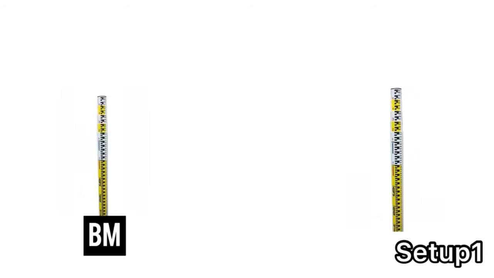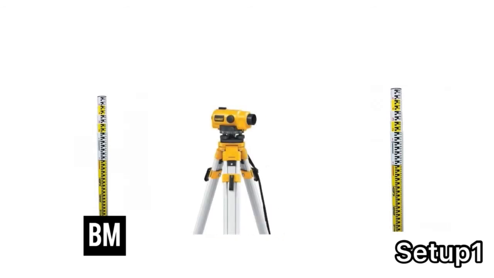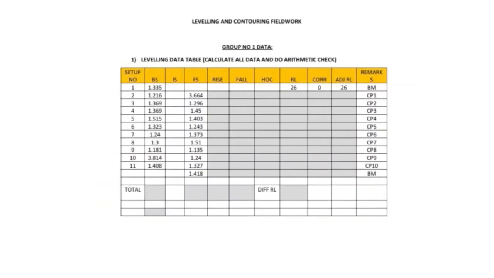The second and third member install the auto level and tripod at the middle between backside and foreside. Second and third member will read the first staff as backside using the auto level. Then they read the second staff as a foreside. After the measure has been taken, the fifth member notes down the data of backside and foreside for the first